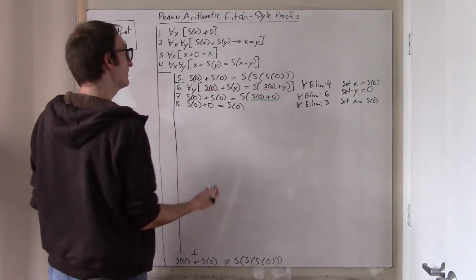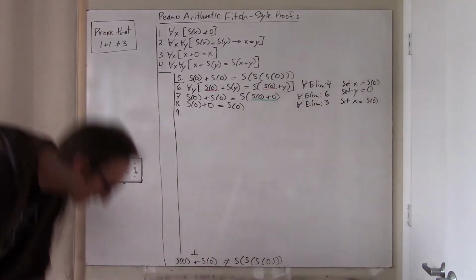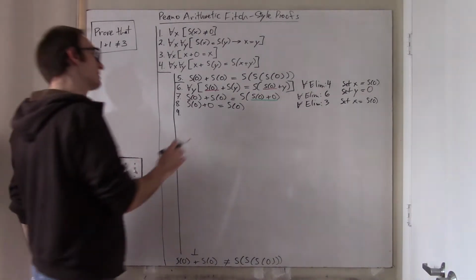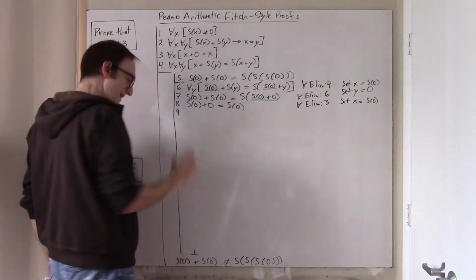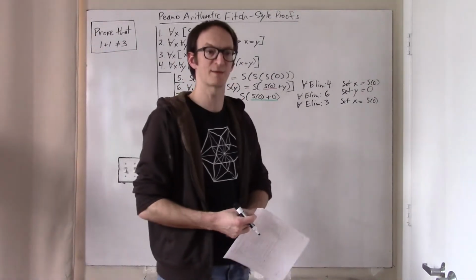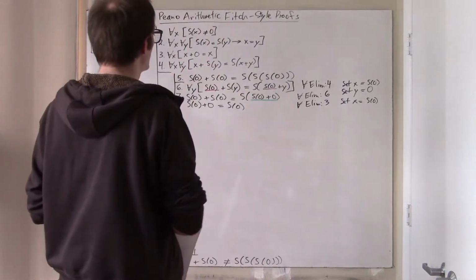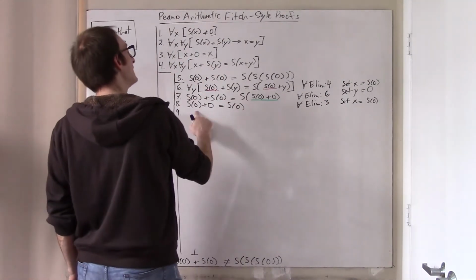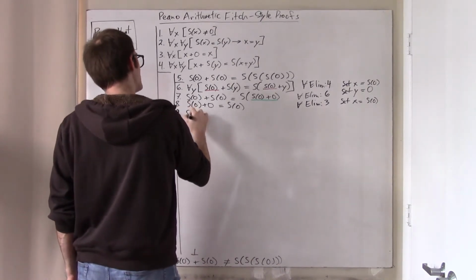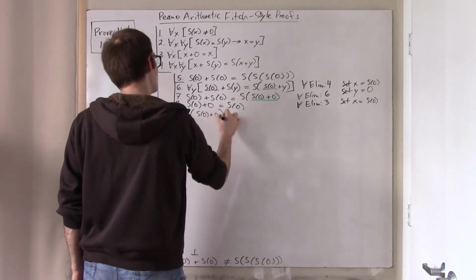Okay, so now I'm a little bit stuck. Not stuck, but I need a rule in my formal system that I don't have, because we've never really done any Fitch-style proofs with function symbols. But it is built into logic that the function symbol returns a certain object. So what I want to do right now is apply s to both sides of this line 8. So I want to assert that because of line 8,